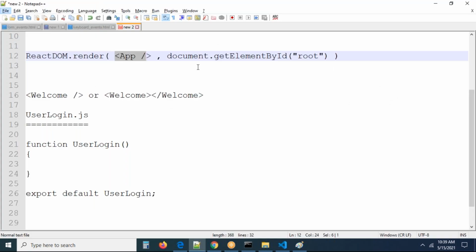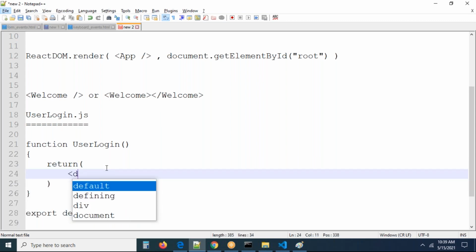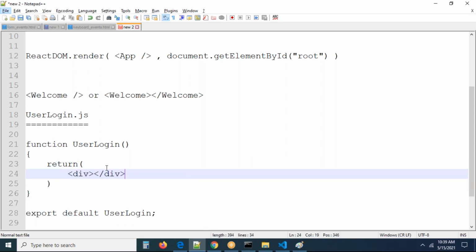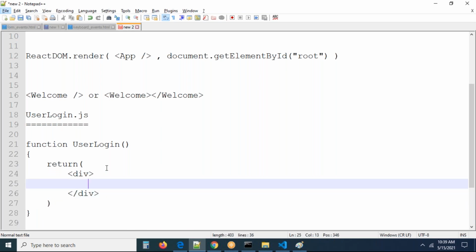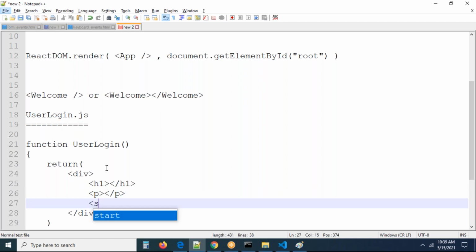But remember, when you are writing any HTML, it should have a return statement in a function. The return statement has parentheses, and definitely it should have a div element or any element you can take, no problem. Inside of it, some elements you can write, guys. You can write some h1 tag open, h1 tag close. After that, you can take some paragraph tag open, paragraph tag close. After that, you can have some section open, section close. Like this, this is what we can write. So this is called JSX actually, that we can talk about later. What is JSX, why that is called JSX and all, we can talk about later.